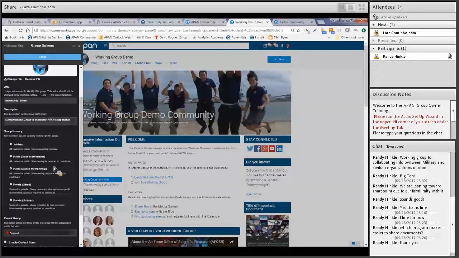The public closed membership means that people can view it, they can click around and see what's in your group, but they cannot interact with it until they've been added as a member of your group. So they have to have an APAN account, they have to log in to APAN, and they have to be a member that you have approved in order to get in there and interact with the group. And that means upload, download files, participate in the forum, make comments on a blog post, use the wiki, all sorts of things. So they need to be a member in order to interact, but anybody can view the